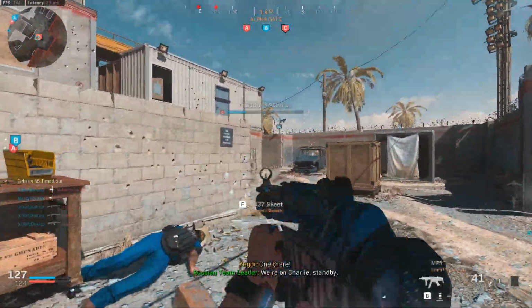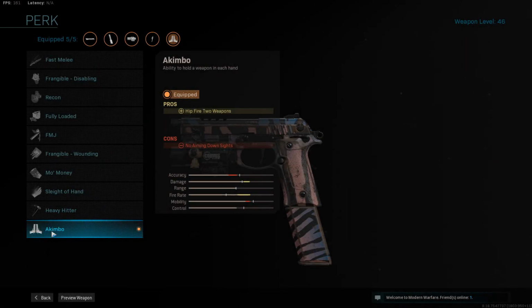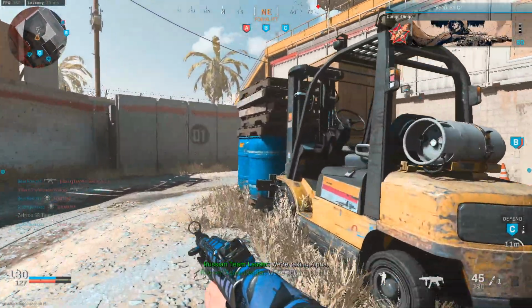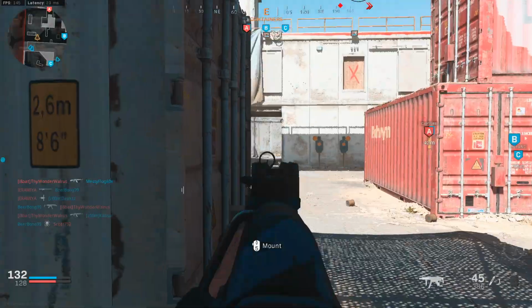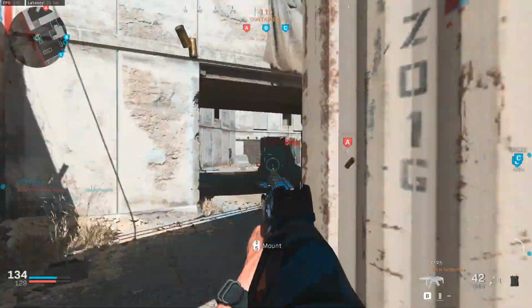So of course, we've got the 27-round mags, and I think that's the 4th attachment in this class setup. Super busted. And lastly, of course, in the perk slot, we have got the Akimbo perk. Hip fire, 2 weapons, no aiming down sight. I mean, this is the class setup here. This is the one that brings all these perfect attachments together. Your Mark III burst mod, your 1mW laser, lightweight trigger, 27-round mags. Everything gets doubled. Holding 1 pistol in each hand is just